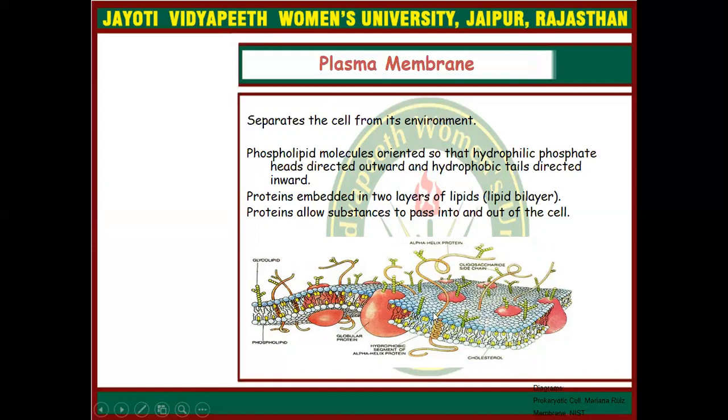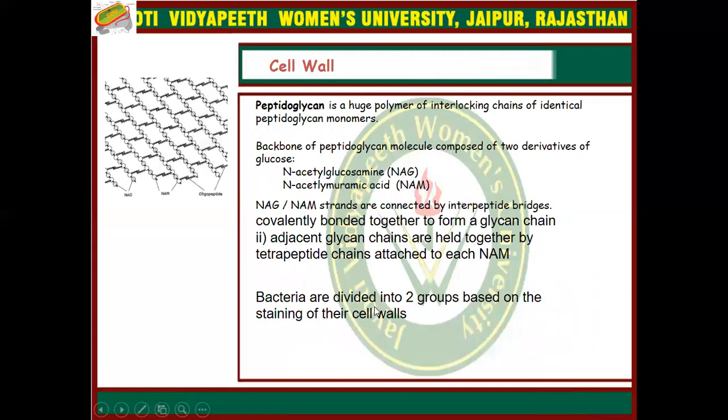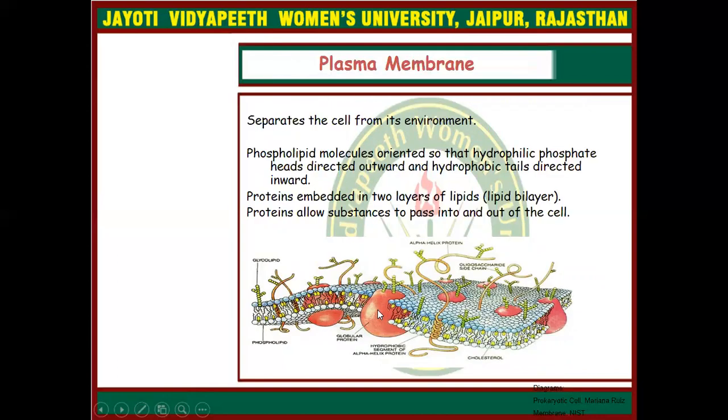These are the transmembrane proteins which help in the movement of some selected materials from inside or outside. These are the molecules, and these are the proteins. These are some globular proteins which help in the gate channels. These globular proteins help in the movement of cellular materials inside or outside the cell, and they are also known as the gates.